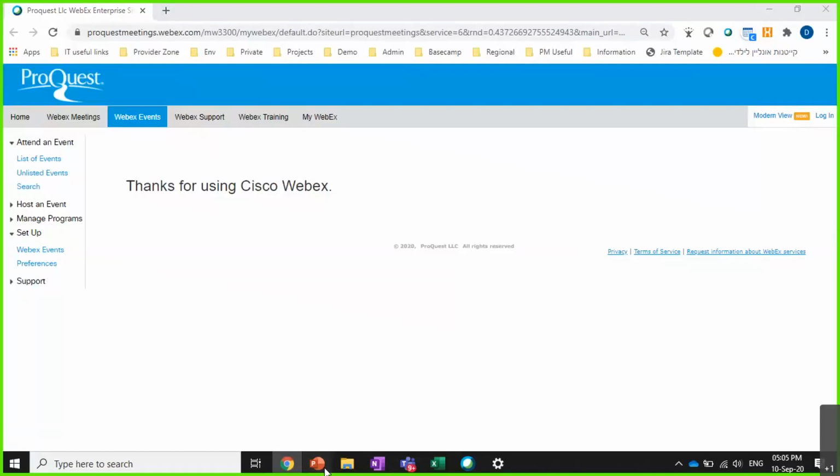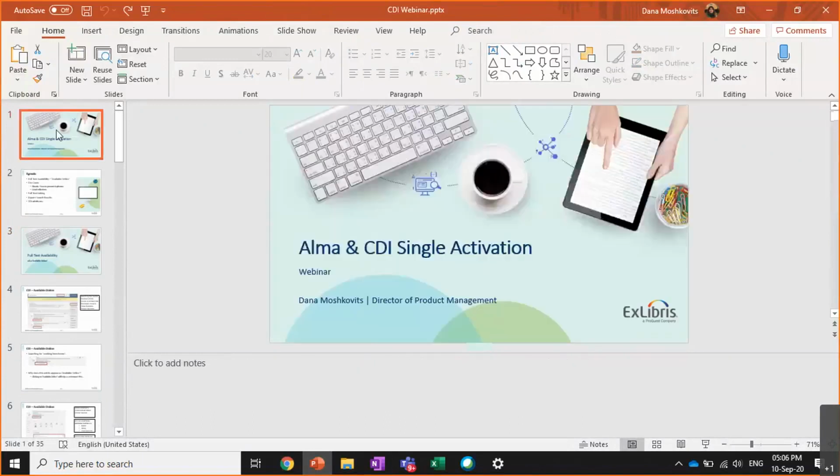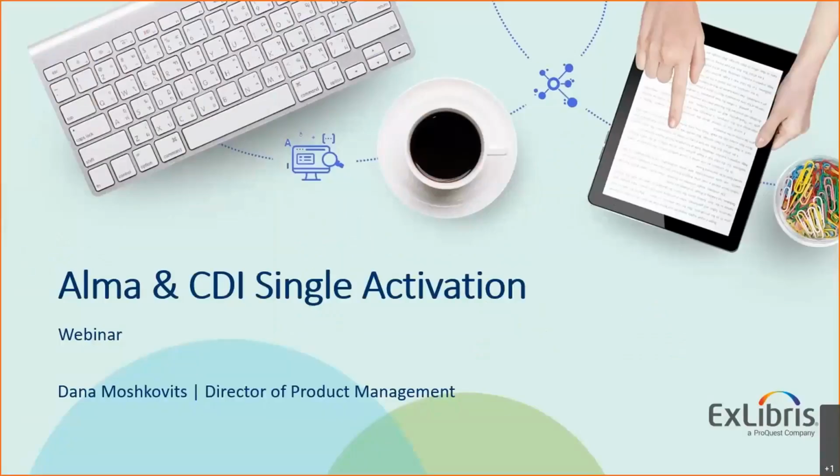So again, my name is Donna Moshkovits, and today I would like to walk you through a session I prepared in relation to Alma and CDI. We will talk about CDI full text online available options and expanding the search beyond the library collection.